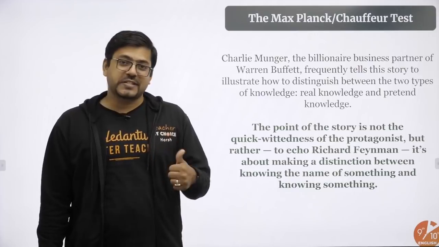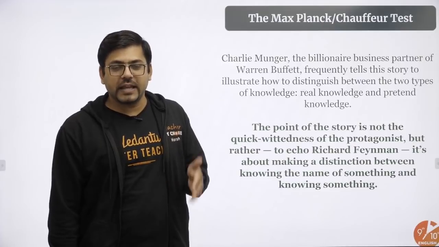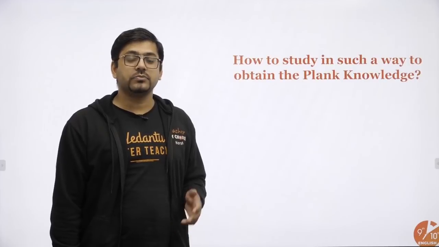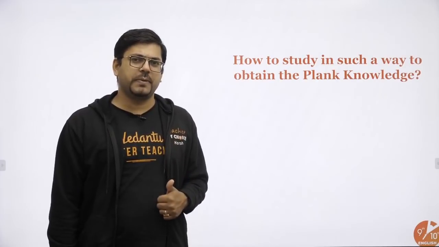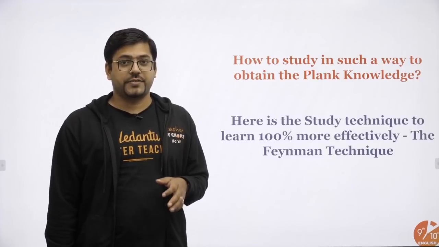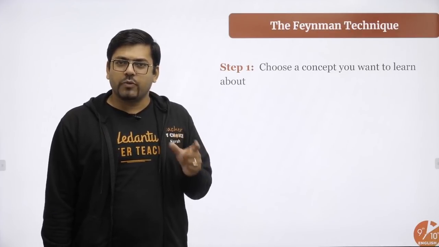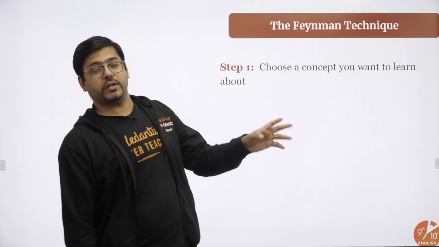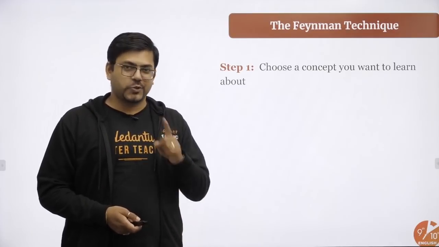Okay, fine. So this is what is called the Feynman technique. Now in this Feynman technique, if you also have to develop the same type of real knowledge in your own life, what can you do? In your real life, how should your study methodology be planned? The first important method: first figure out which topic you have to understand. Choose that topic. Choosing that topic is important because you will know that this is my target, I have to hit here. Otherwise, you will be studying everything, and again that knowledge will be like chauffeur knowledge. So first choose a topic.